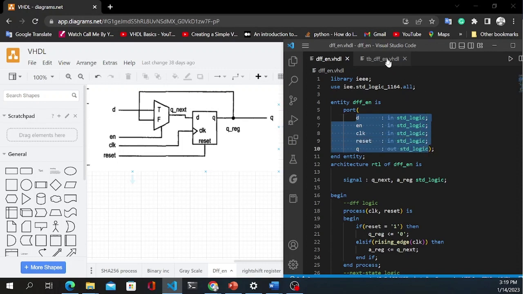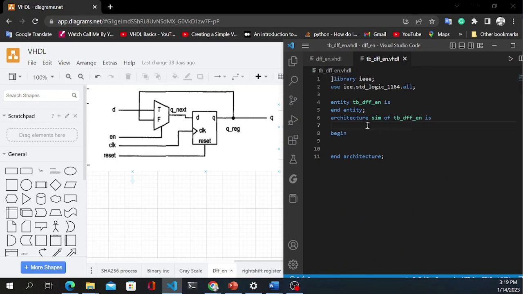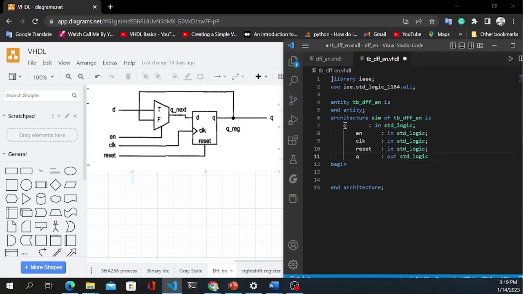We must first of all declare them as signals, which will be declared here in between the architecture of the simulation and begin. And so you can simply copy and paste them here,